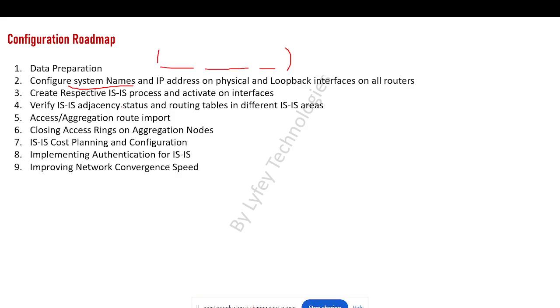Once you've done the basic configuration of sysname and IP address, we'll go ahead and create respective ISIS process and activate on the interface. So you've seen that we have already designed our ISIS rings and the ISIS processor that we'll be using. So the next step, the third step, will be to create the respective ISIS processes and activate on the interfaces. Once you've done the